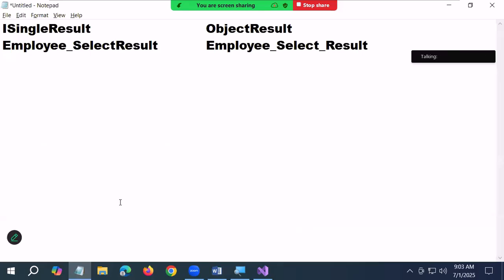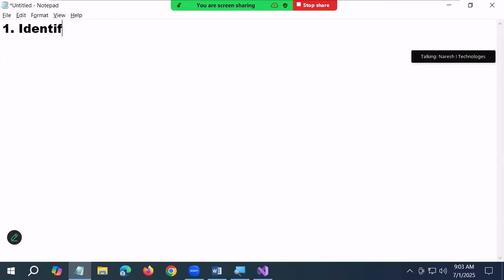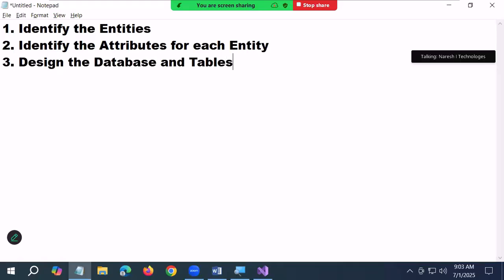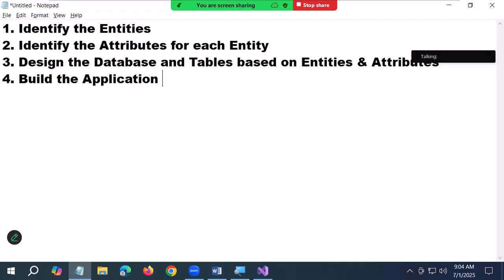What is the old pattern we learned? First step, identify the entities. Identify the attributes for each entity. Design the database and tables based on entities and attributes. Now, build the application with classes. That's what we have learned earlier. Till now, we are following this approach only. Not only today, since long back from C# also, we said this concept only. In ADO.NET also, we did it like this only. Correct? But the new concept is